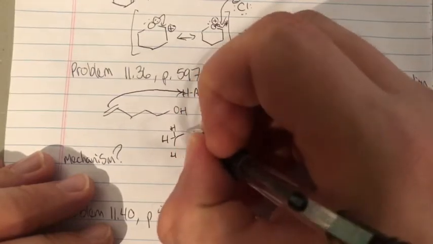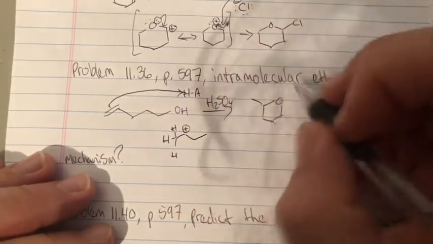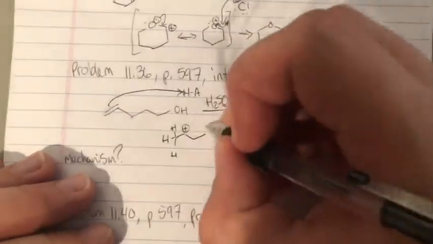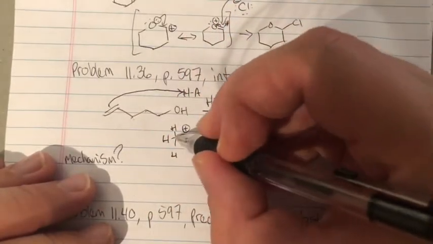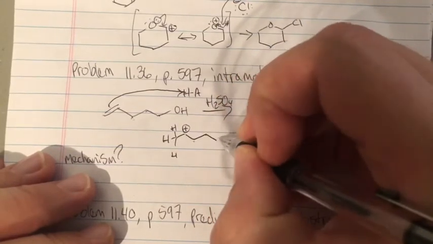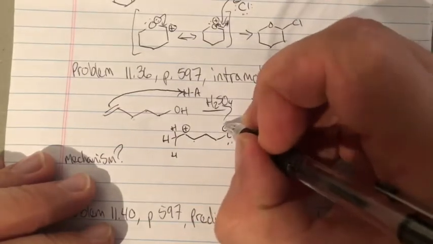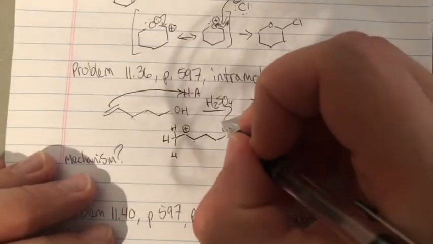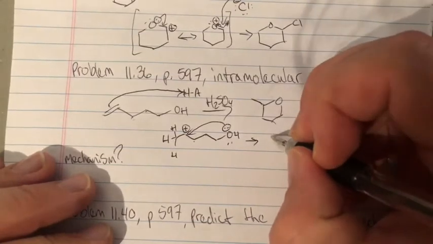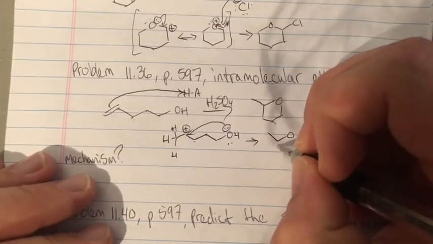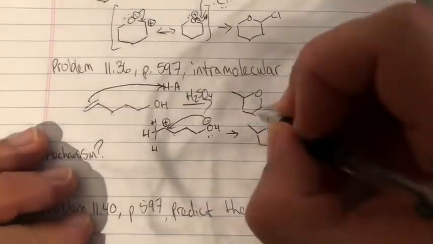Okay, so you have a methyl group, which is exactly what you see right here. Okay, so let's see, 1, 2, 3, 4, 5, 6. So this can self-cyclize, forming a 5-membered ring, which isn't a tough sell at all. So now we have a 5-membered ring, sort of a tetrahydrofuran derivative,